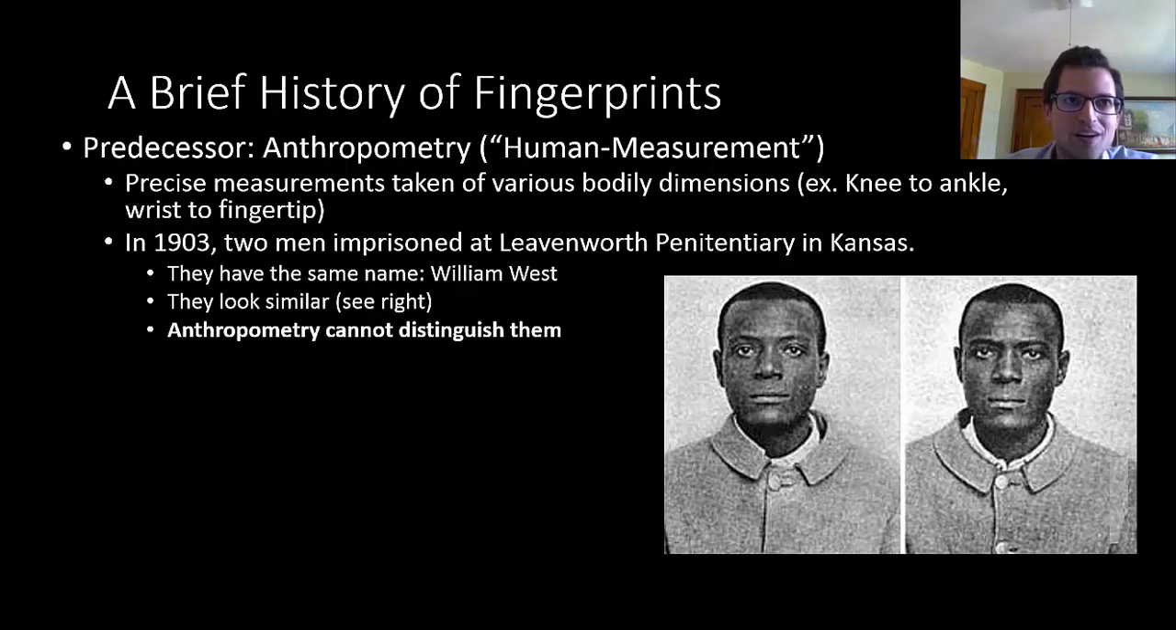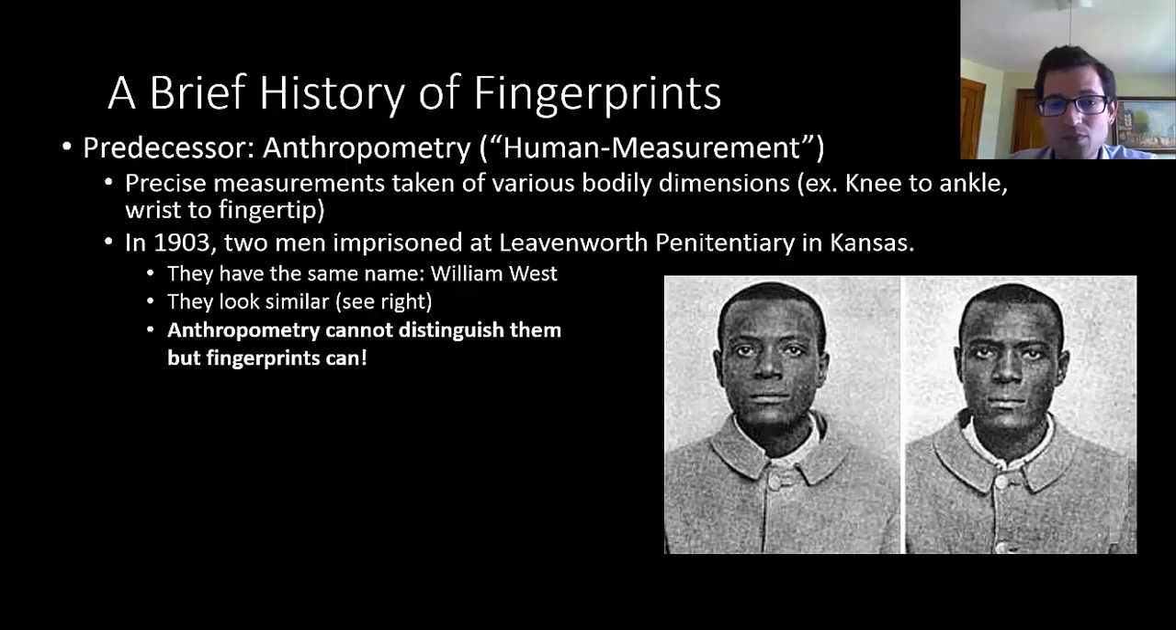And what's even more surprising is that their bodily dimensions were perfect matches for each other. According to the precision with which these two men could be measured, this system of measurement could not distinguish them. So this was a clear sign that this method of identifying people just really wasn't that good. If there are multiple people with the same measurements, then you can't use that as a personal system of measurement. So what can we use? We can use fingerprints, and William West and William West, in fact, do have different fingerprints,